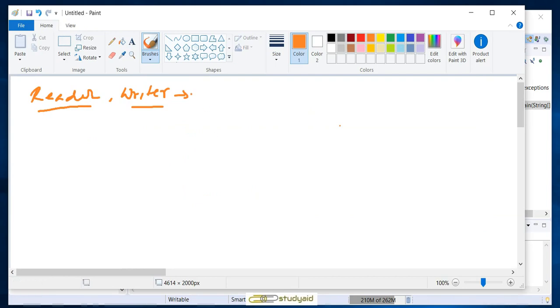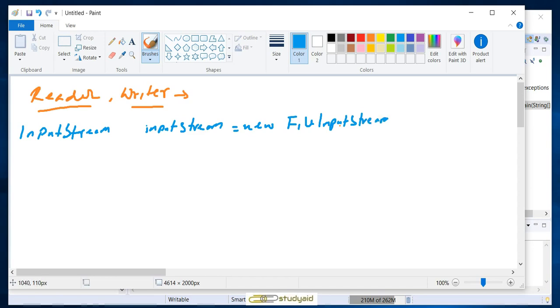We define a file input stream, and then we put the path. Then we are going to define a reader class,